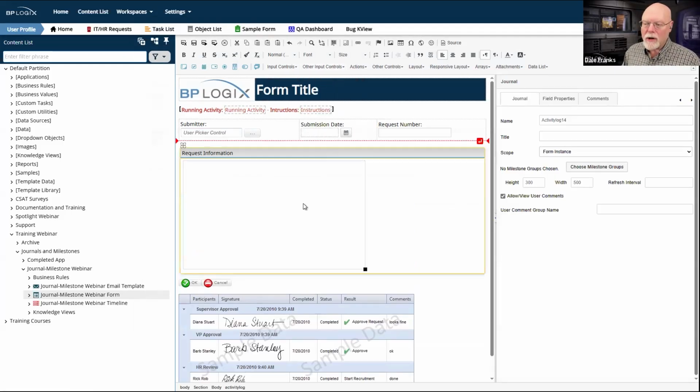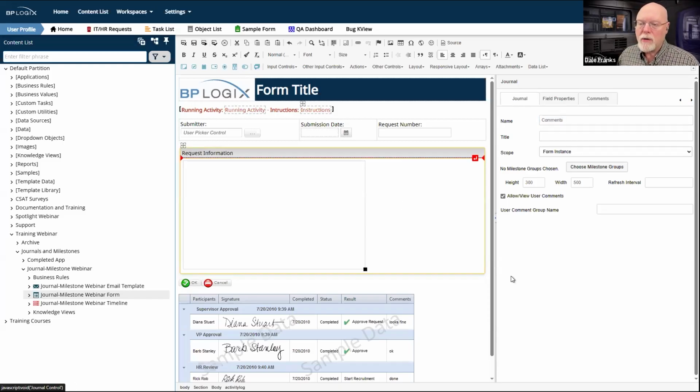So we're going to throw in a journal control there, and we're actually going to name it, and we'll just call this comments for the moment. This is going to get a little more complex, but we now have our control called comments, and this is our journal control. Now, it operates very differently than the comment log control.